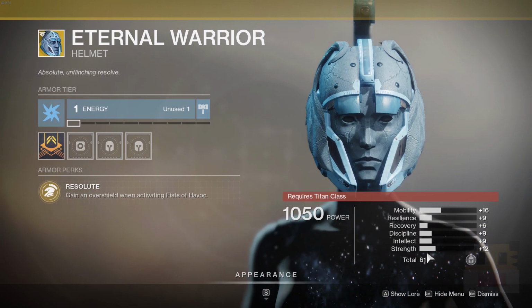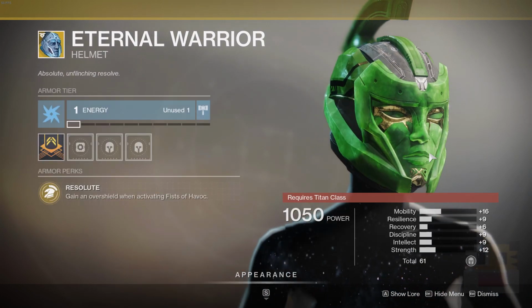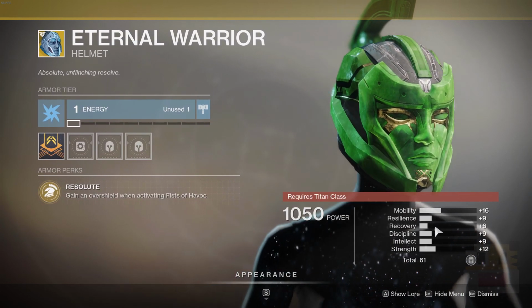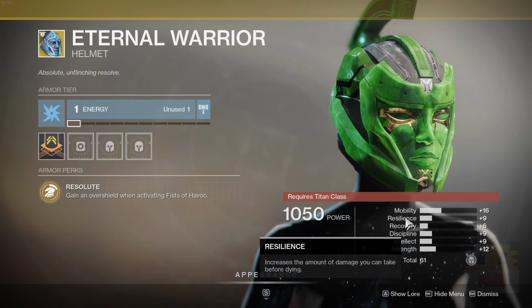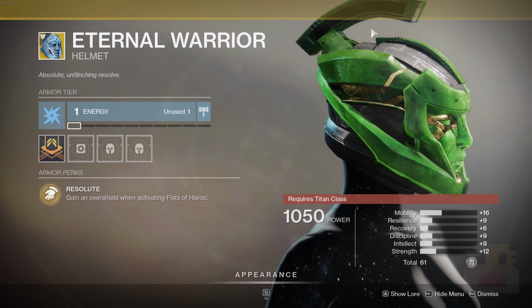As far as the roll goes here for these stats, hold on one second, let me just switch because that's going to be important. Yeah, look at this thing. For these stats, all you're going to really care about is going to be mobility and recovery. Everything else doesn't really matter if you're only going to be switching to it with your super. Maybe resilience actually might have some use here because it's super and resistance,